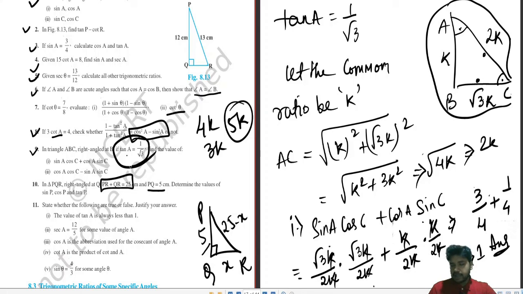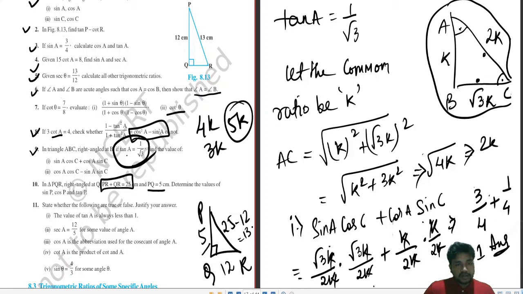Obviously this would be coming as, if you are smart enough with your Pythagoras triplet, this will be 12. This will be your 12, so this will become 13, if you are good with your Pythagoras triplet. Obviously in the exam, even if you are good, you have to solve and show that the value of x is 12. Otherwise the teacher would be deducting your marks for this.